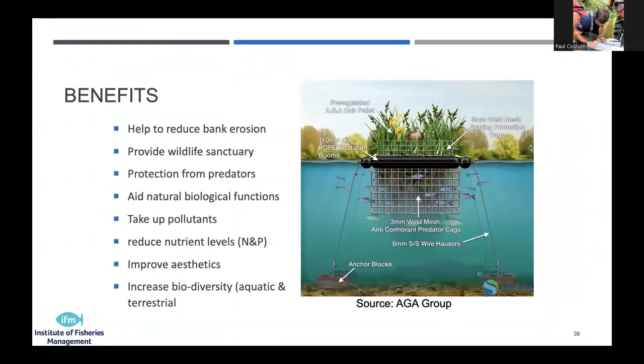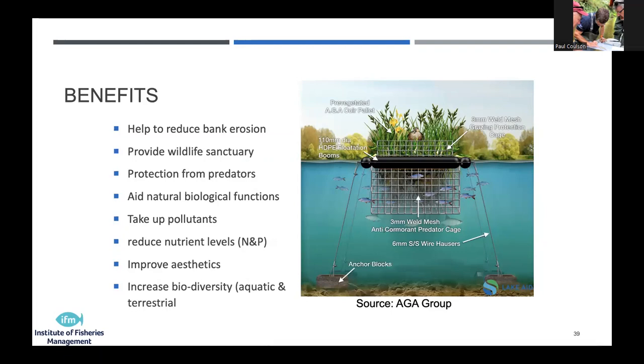This is from the AGA group to show that they make them with anti-predator cormorant cages underneath them as well. So you can get double benefits. You can put grazing protection on the top as well, so it stops the ducks and the geese from making a home on there and eating them, which they have a tendency to do. And they bring lots of benefits. You can put them in so they prevent bank erosion. If you've got a very windward, very open body of water, you get a lot of wave erosion. You can use these almost as barriers to protect the banks.